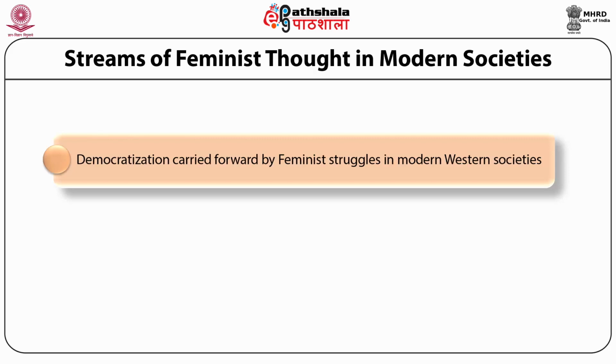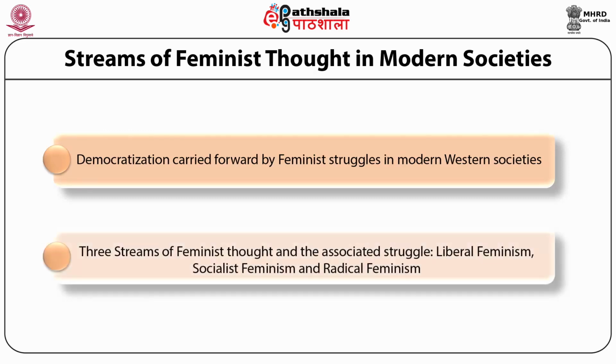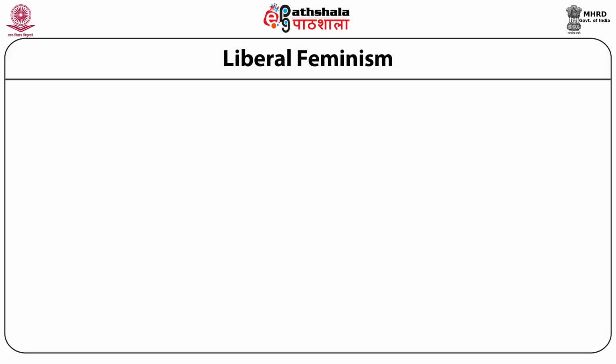In view of this, I would be discussing three important streams of feminist thought and their associated struggle. The three important streams of thought that we are going to talk about are: number one, liberal feminism; number two, socialist feminism; and finally, radical feminism. Now, let me first begin with liberal feminism, one of the most important and the foremost streams of feminist thought